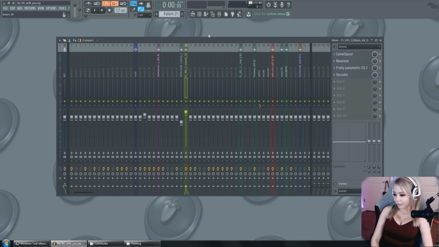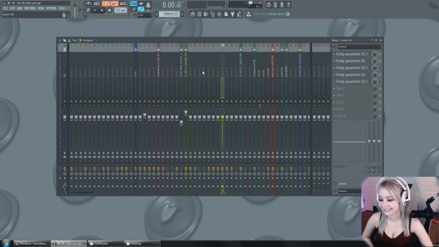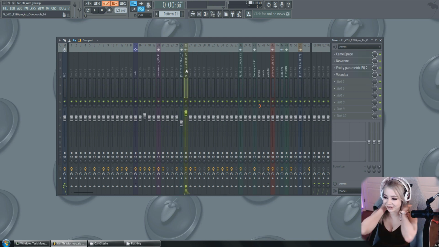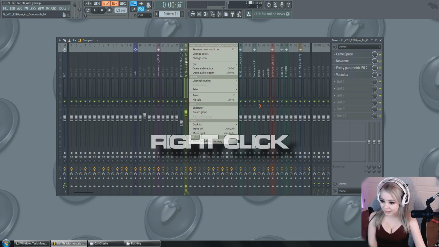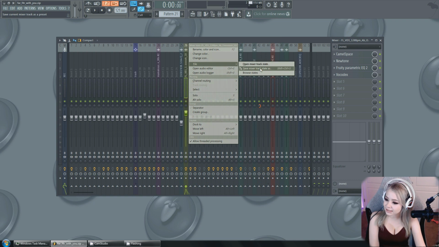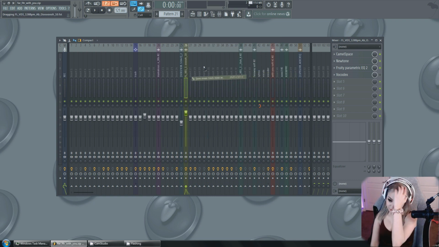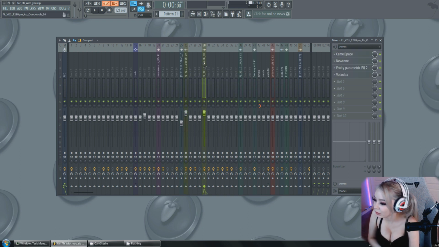Sometimes you need to duplicate many effects on another channel. You can move all the effects at once by right-clicking here on the insert and go to File and Save Mixer State As. If you hold down the button and then drag it, it will move the state to another mixer channel.